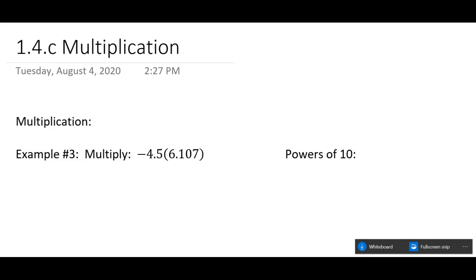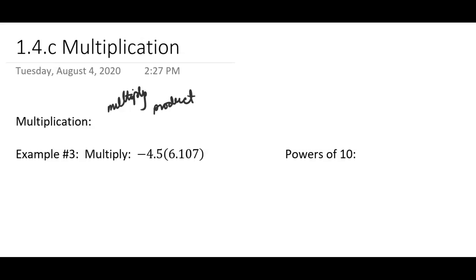For multiplication, I'm not going to go into why this works this way. I'm just going to go into the procedure of how we do it. This video would be a lot longer if I went through the explanation part. So for multiplying, we multiply the numbers. Don't worry about place value. And then after you get the product,